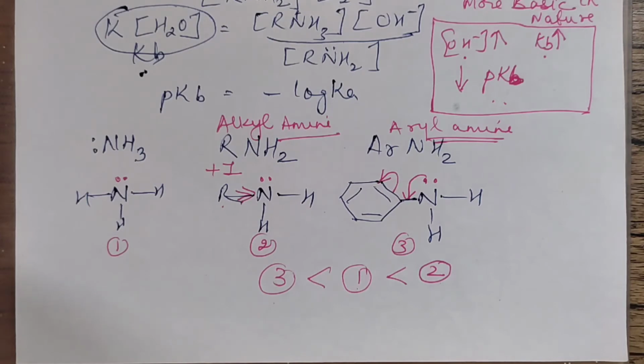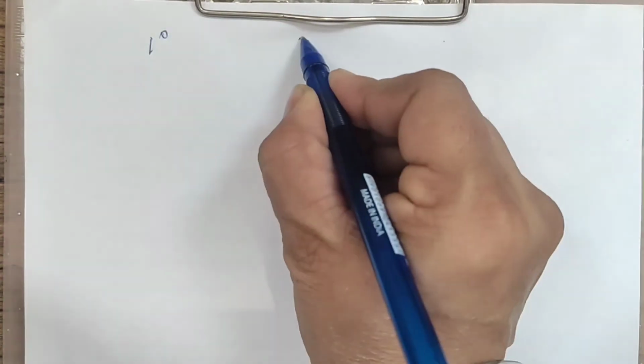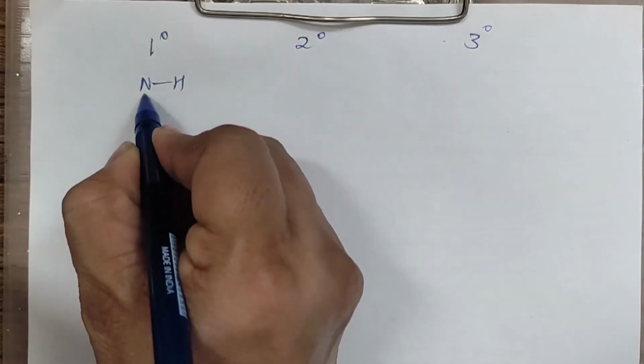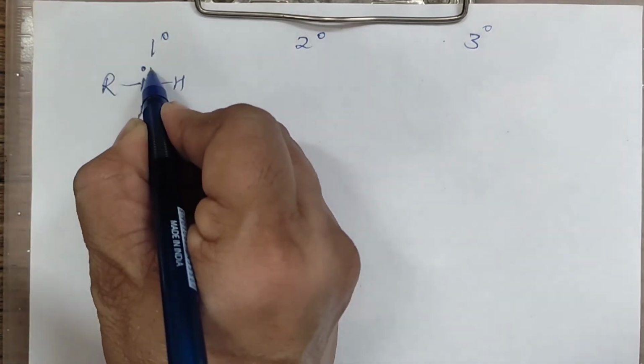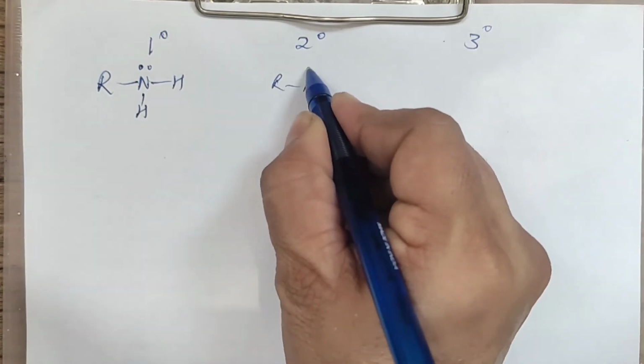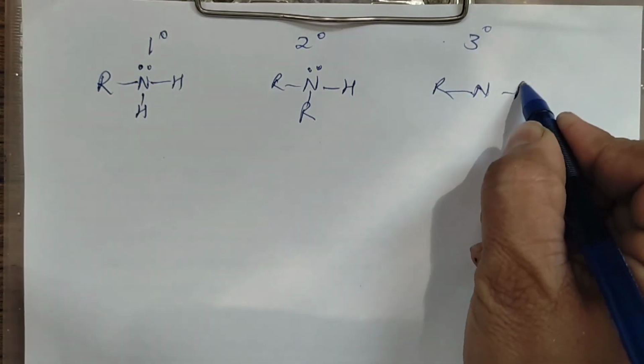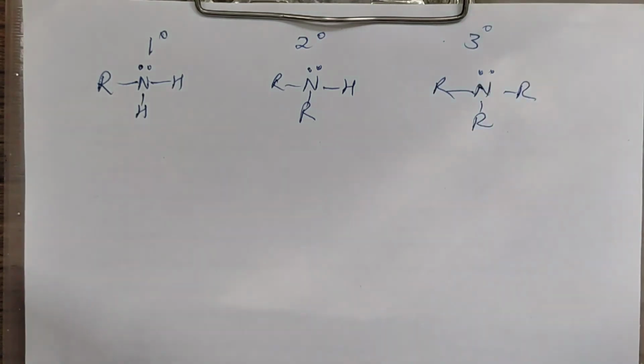Now, in case they are talking only about different types of alkylamines, say 1 degree, 2 degree, 3 degree amines, then what? Let us consider that. I'm writing RNH2 here, there is one lone pair, or you are writing here there are 2 R's on it, that is 2 degree amine, or you are having all alkyl groups present on N. Then if you are comparing their basic nature, there are certain things to be kept in mind.